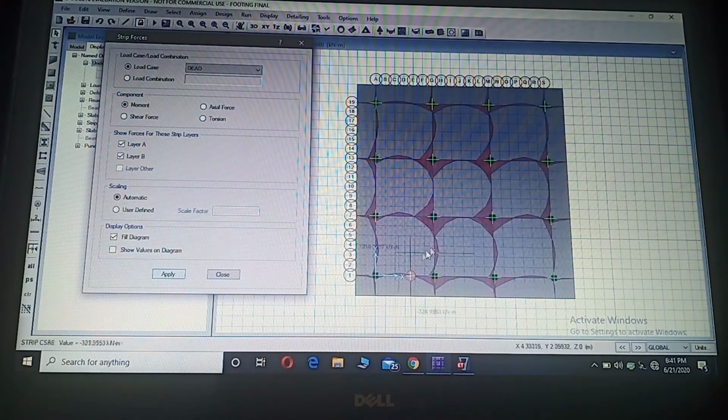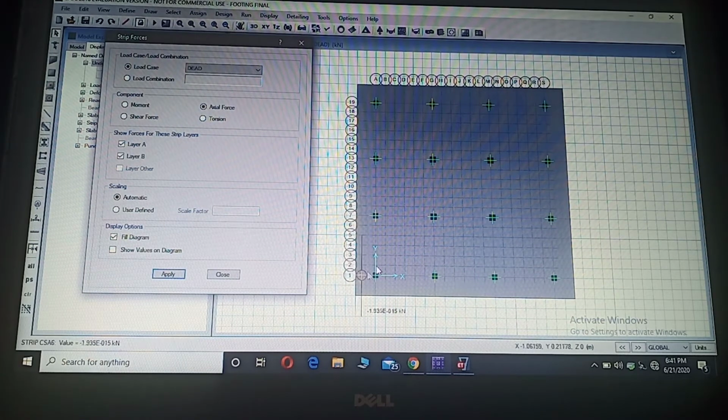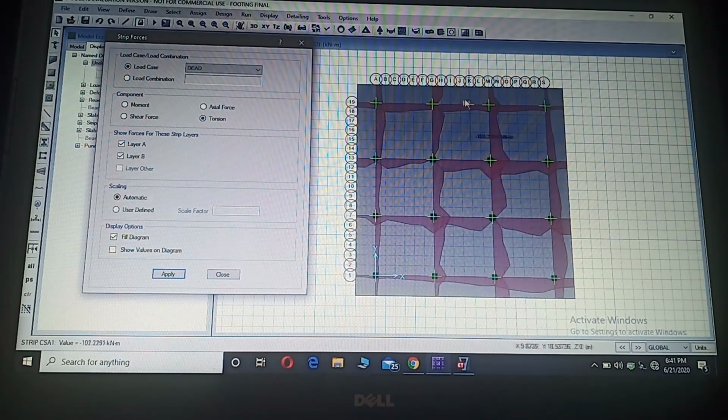First, moment. The moment diagram appears in both directions, X and Y. Axial forces. Whenever I point my cursor, the value of axial forces is shown. Torsion. Here different values are appearing as I'm moving my cursor.